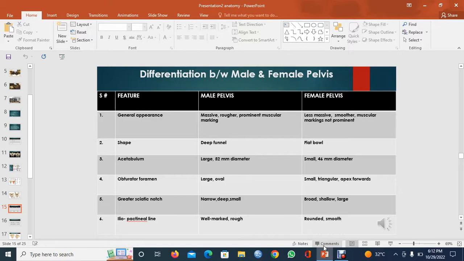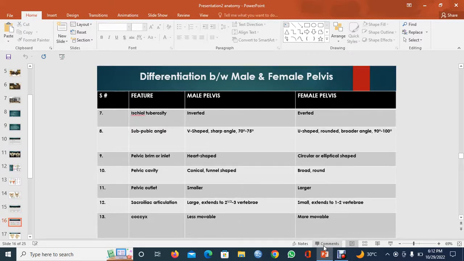That is to give maximum space in the pelvic cavity. Then sciatic notch, narrow, deep and small, whereas in case of female it is broad, shallow and large. Iliopectineal line well marked and rough, whereas in case of female it is rounded and smooth. Ischial tuberosity, in males it is inverted, in females it is everted. Suprapubic angle V-shaped, sharp angle in case of male, whereas in case of female it is U-shaped, rounded, broader angle